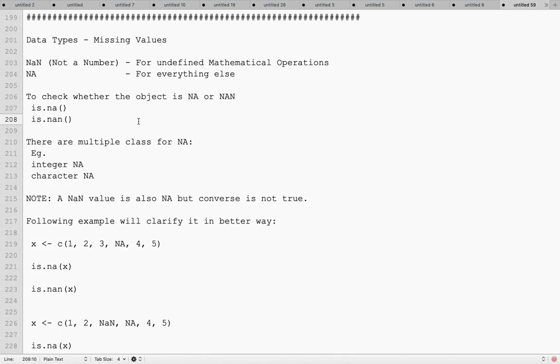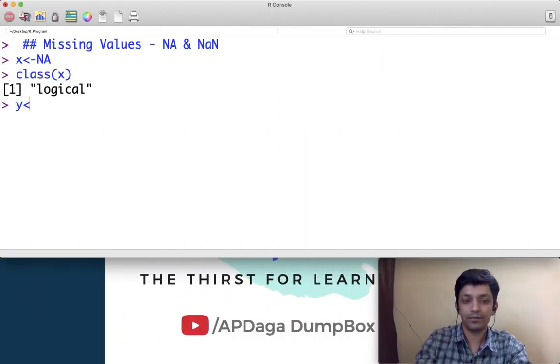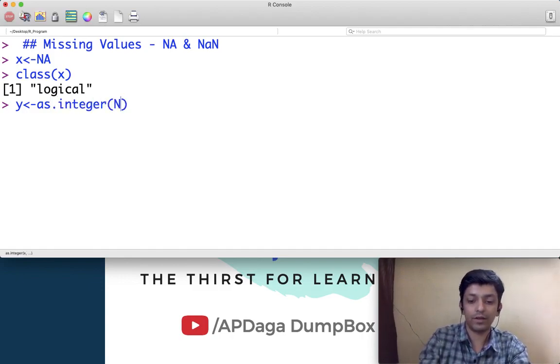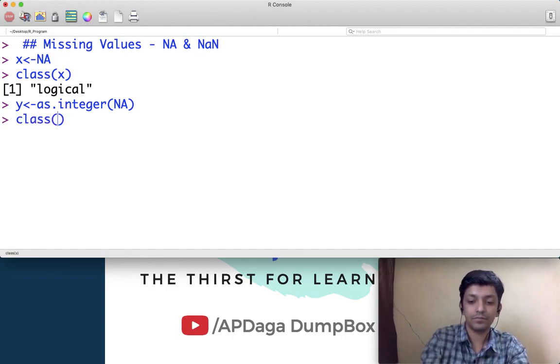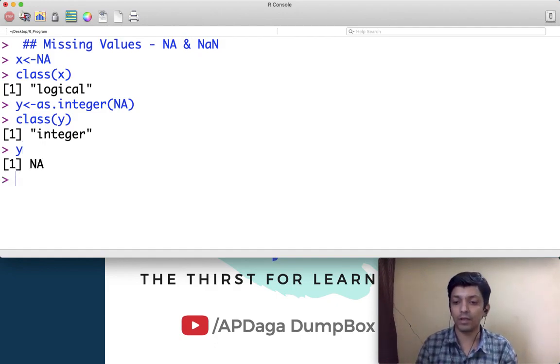How is that possible? If I create a variable y as as.integer of NA, and check the class of y, it is integer, and if I print y, it is NA. So NA can be there in any atomic data type.